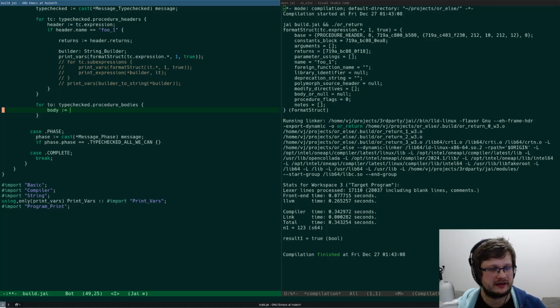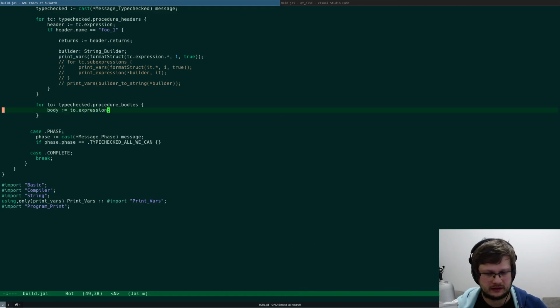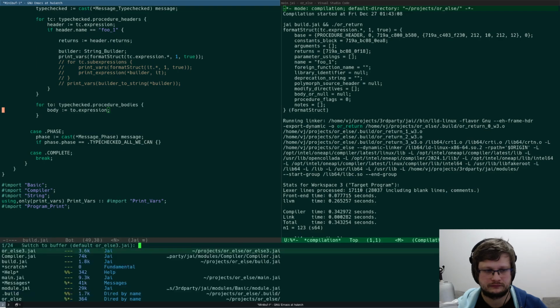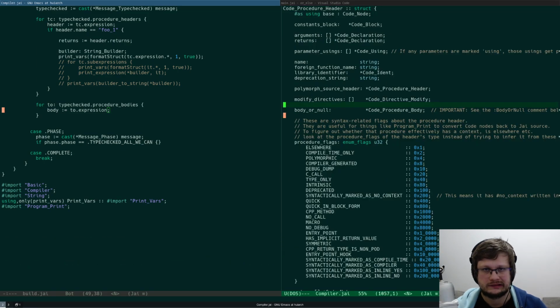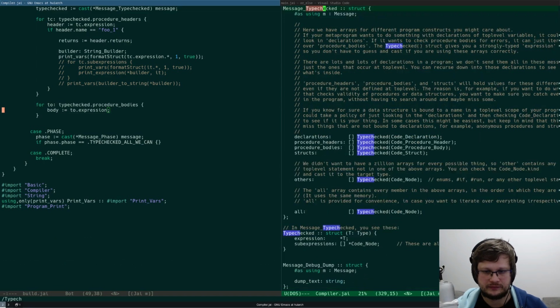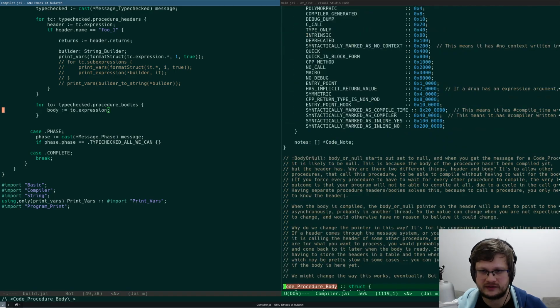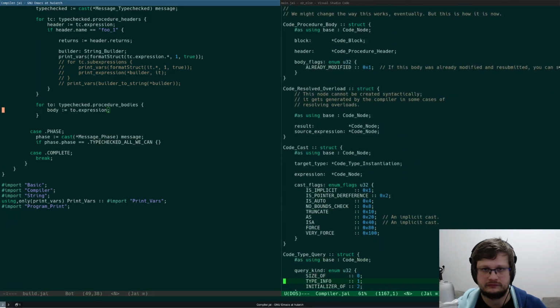So the body is the or-else expression, type checked, of the code procedure body, and the code procedure body has a code block.